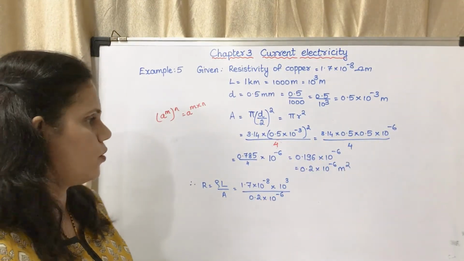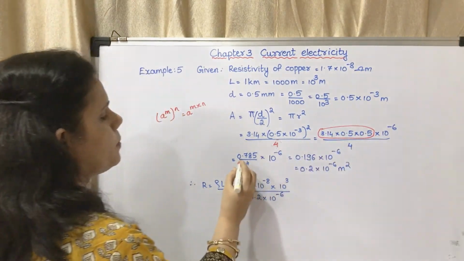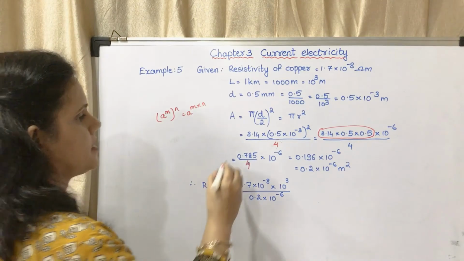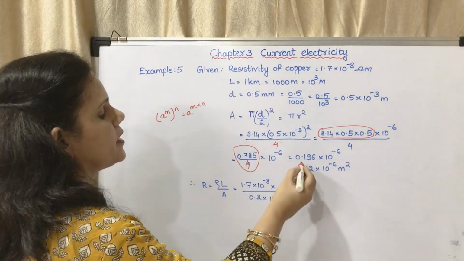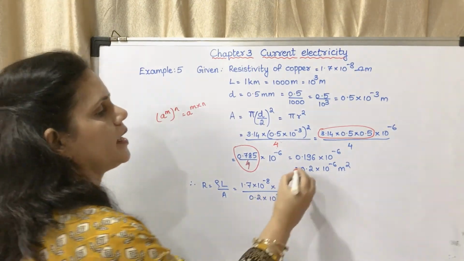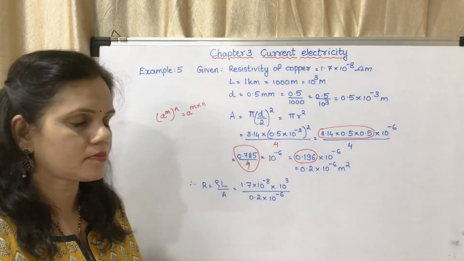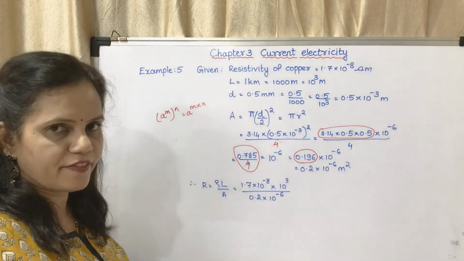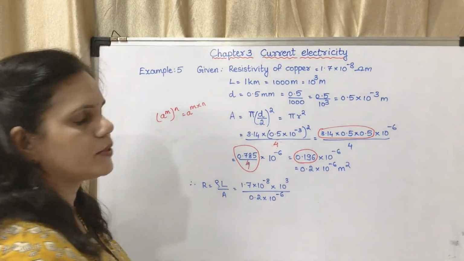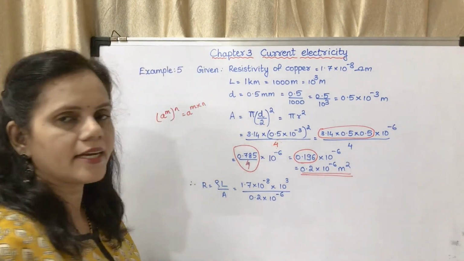So upon 4. Now the equation, if you multiply this, you will get it as 0.785 upon 4 into 10 raised to minus 6. Now if you calculate this, you will get it as 0.196 into 10 raised to minus 6. But in our textbook, they have rounded out this value, that as it is 196. As this number is 5 or more than 5, you can add it to the other previous number. So it makes 0.2 into 10 raised to minus 6 meter square. This is the area. Okay, it is the area.